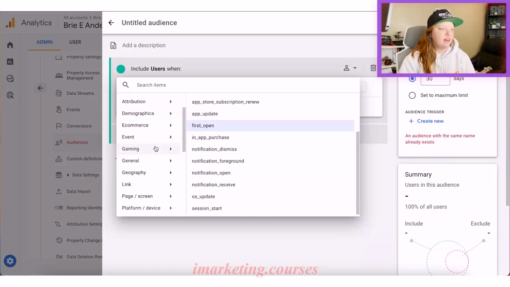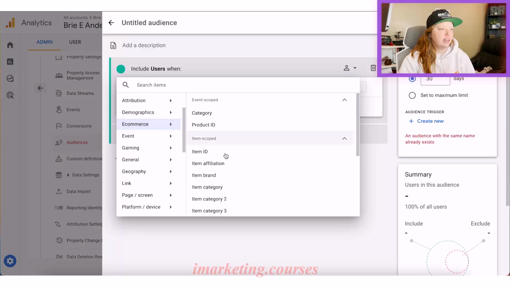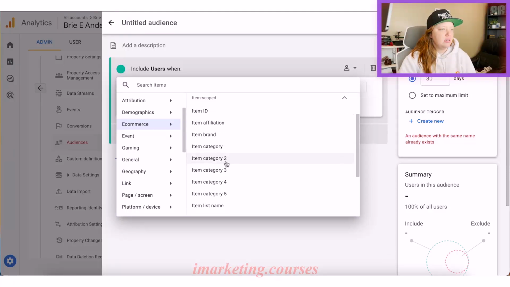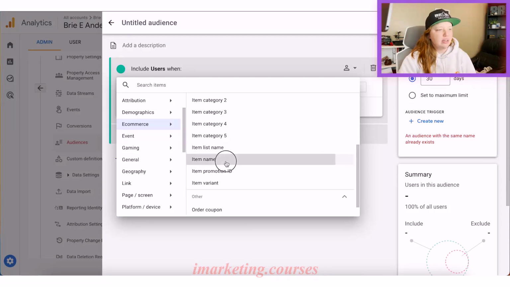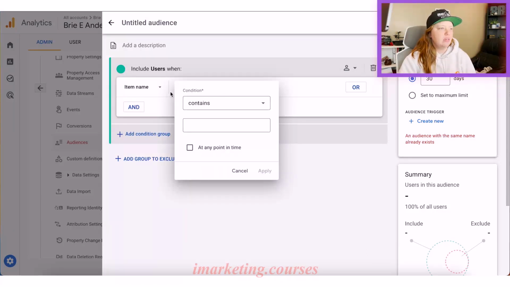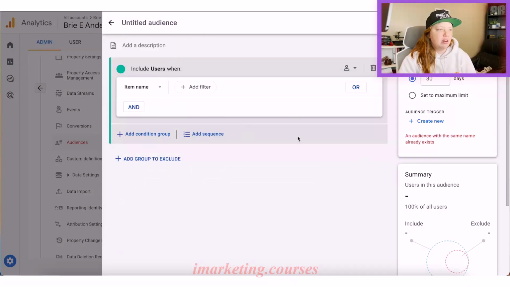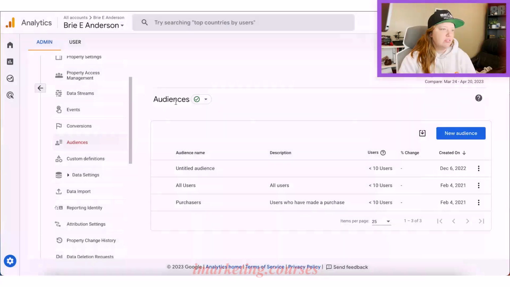You can create audiences off of, so like if we came in here and we did, let's see, e-commerce, we could do, like, based on people that looked at a specific item, or people that spent a certain amount of money, whatever, we could create an audience for them and then take it into Google Ads. So this is where your audiences are, and you can see again how many people are in those audiences, which is really important, especially if you're taking it over into Google Ads, just because it has to have that certain threshold so that you can serve